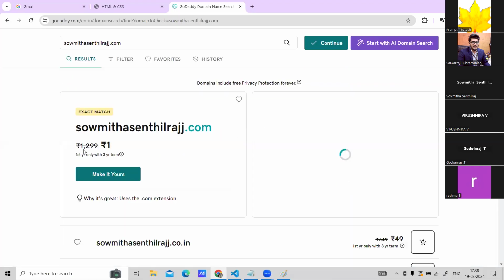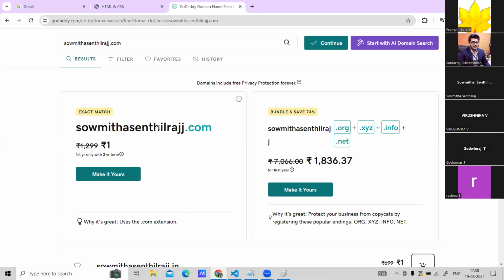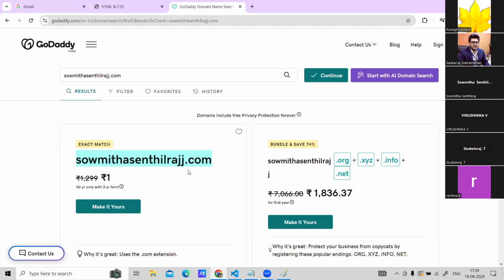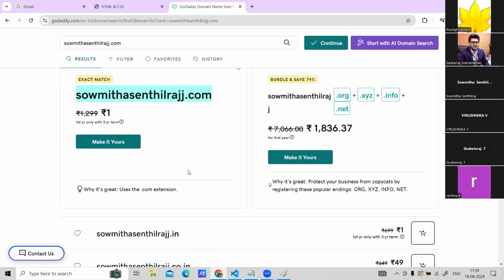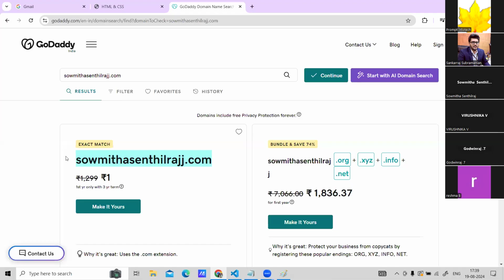So what GoDaddy will do, it is going to search and say, yes, the domain name which I searched for is available. And if I want, I can pay and buy it. I can also buy .org or .net or .info, but still .com is also available. All right, this is how you purchase a domain name for your web page. Okay, after you purchase